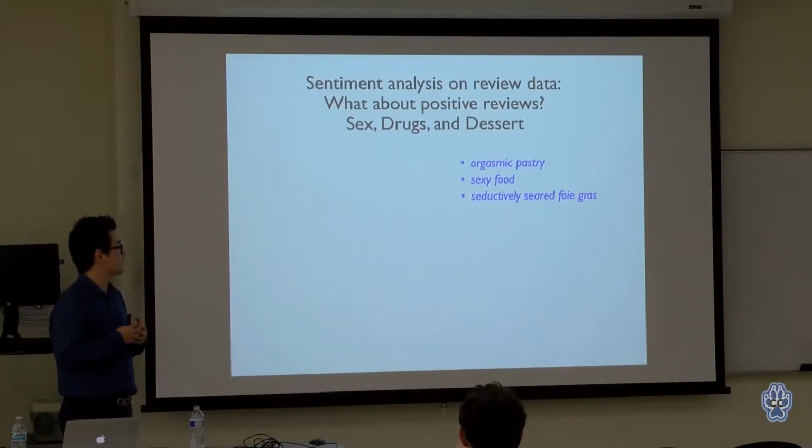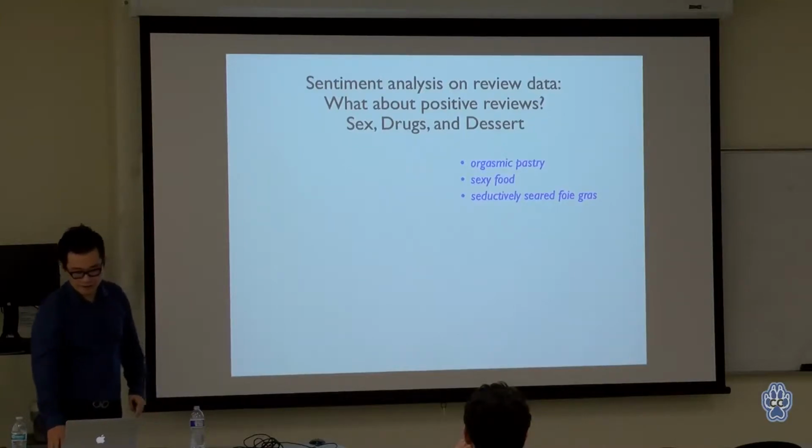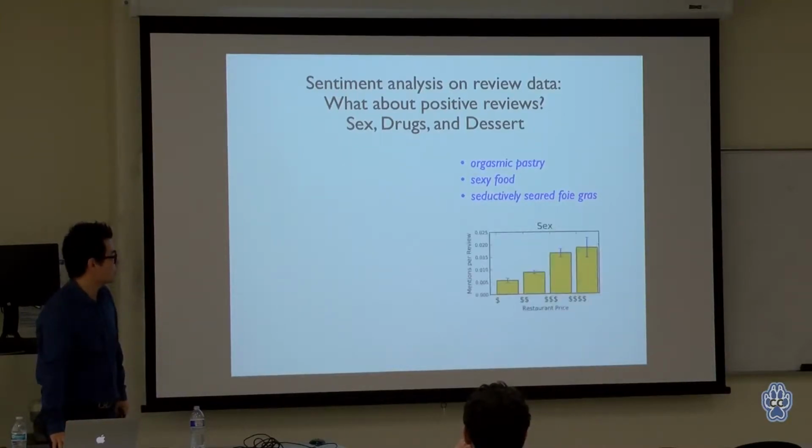So we also found some interesting things. For example, we see that people use the language about sex to indicate, in some of the reviews, things like seductively seared foie gras. And the interesting thing we found is that there's a strong correlation between the restaurant price and how likely people are to use the language about sex to describe the food, right? So you can see that a $1 sign is very unlikely, but when you go to really fine dining, very high-end restaurants, people are more likely to use the language about sex to describe the food,